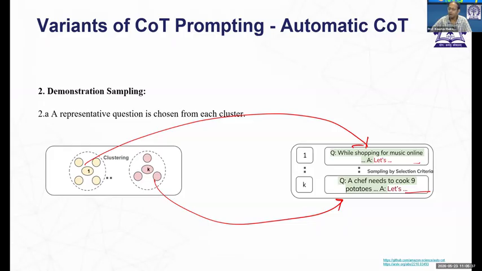Now, why is this step important? This ensures that you are getting a diverse set of samples. Otherwise, it may happen that you select all the questions from one particular cluster, and other clusters remain neglected. So to maintain diversity across all the different fields, you first cluster the questions, select a representative question from each cluster, and then automatically generate the reasoning process. This is called demonstration sampling. And then